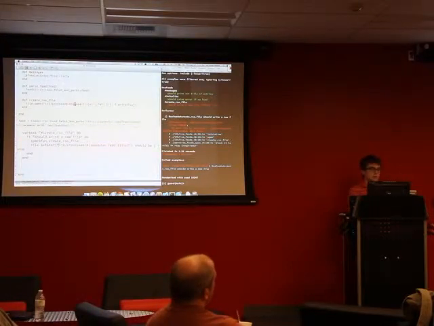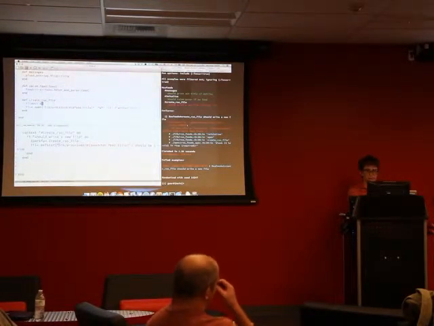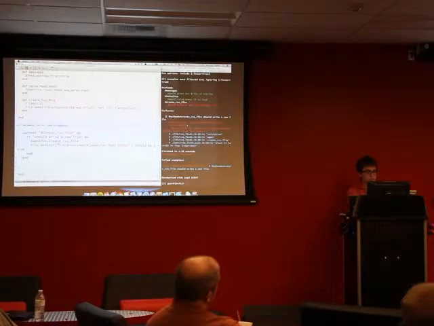Such file directories, so we need to create a directory if one doesn't exist. So in Ruby, we have access to something called the FileUtils module, I think. Maybe it's that. But basically, you can do all your bash commands through Ruby. So if I run FileUtils make directory,